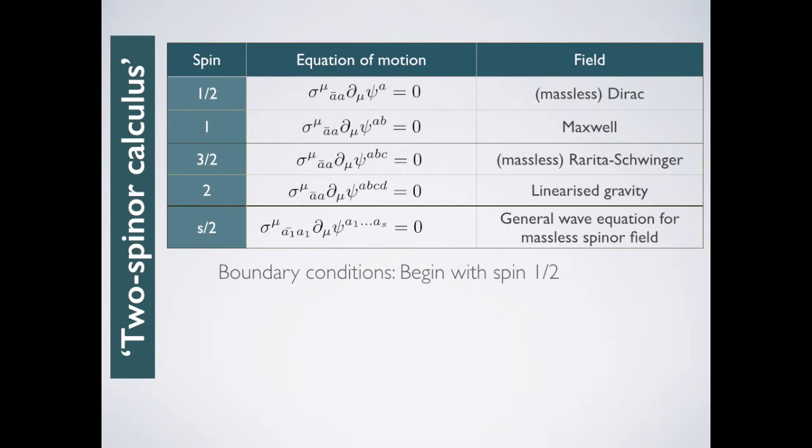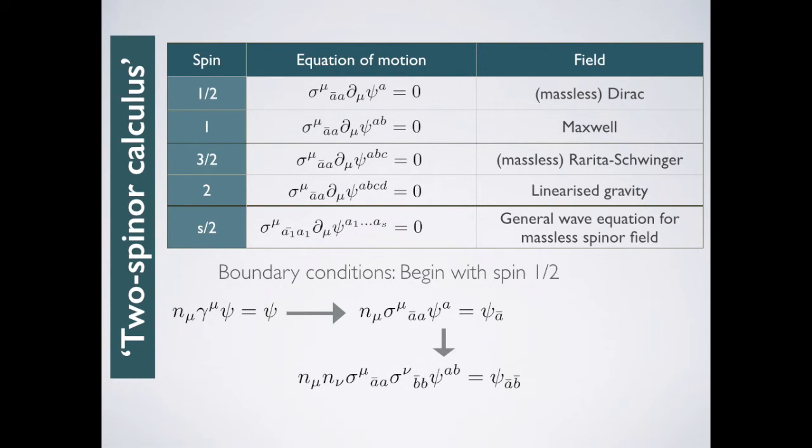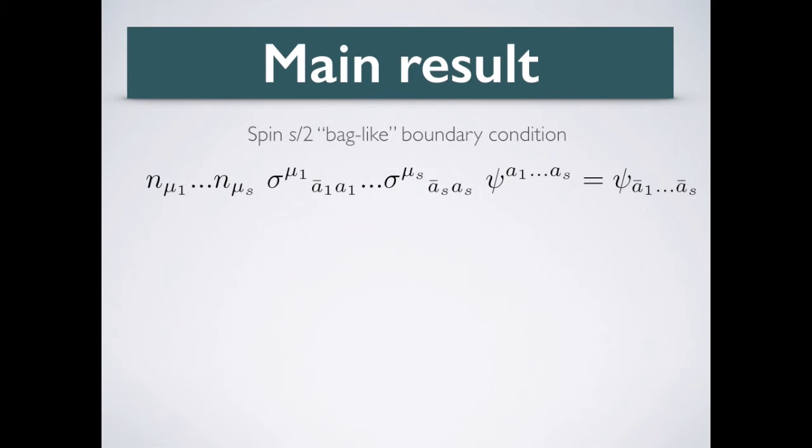We begin by showing that the boundary condition for the spin-half field has a natural analogue in the spin-1 case. It turns out that this analogous spin-1 condition is precisely the boundary condition usually used for perfectly reflecting boundaries in electromagnetism. We can then write down the analogous boundary condition for the spin 3/2 field and the spin 2 field and so on. This inductive process gives us our main result, which is a generalized boundary condition for fields with